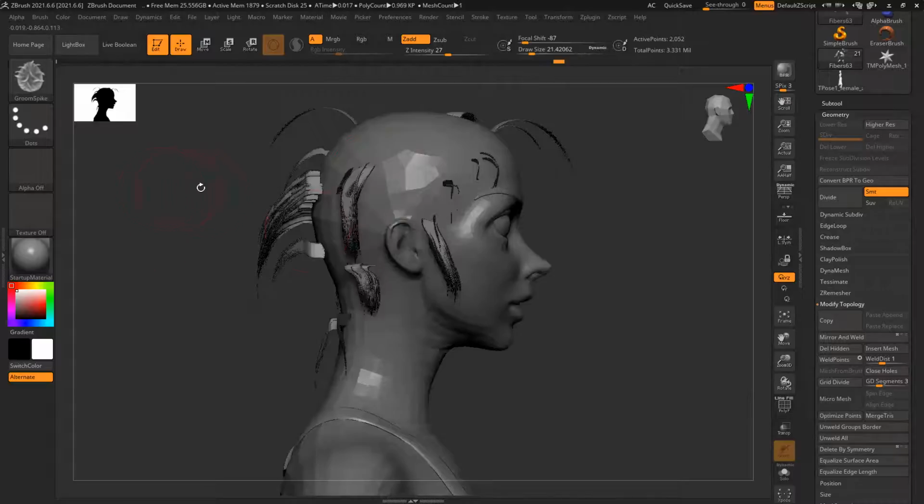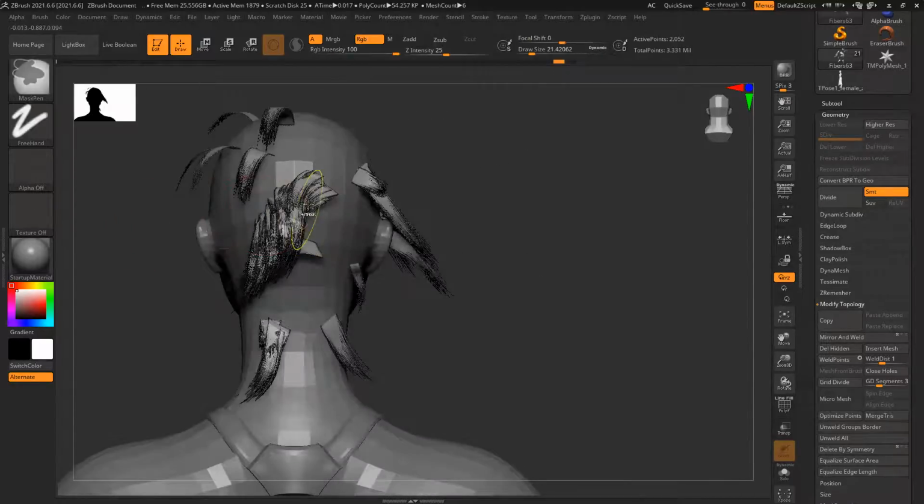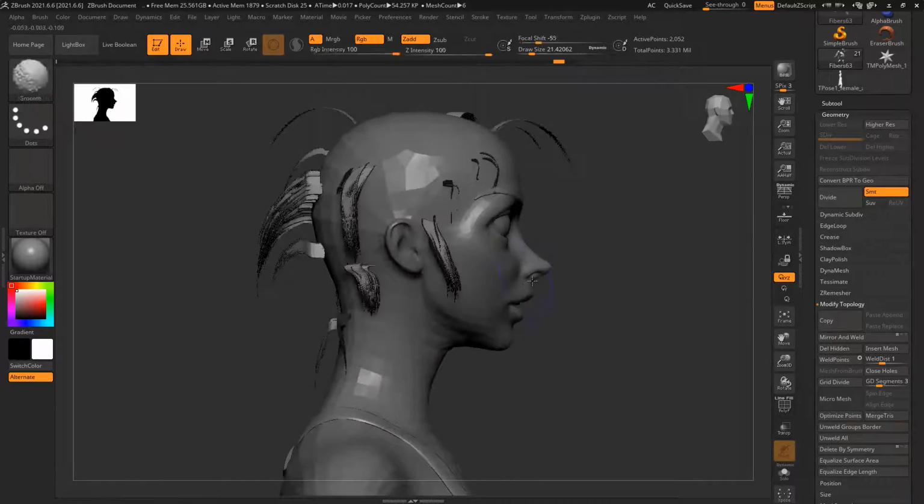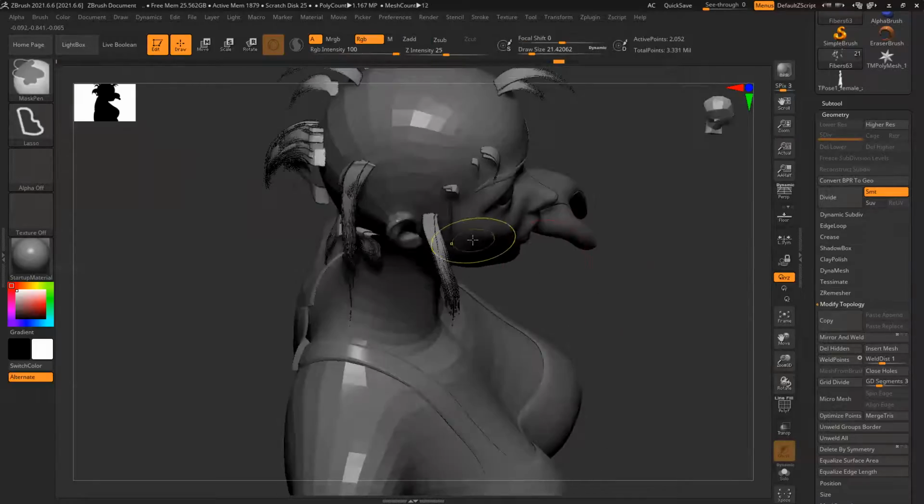For this curve, I'm having a little difficulty here. So what I'll do is simply Control mask this, Control W, separate the polygroup. Control W, separate the polygroup.